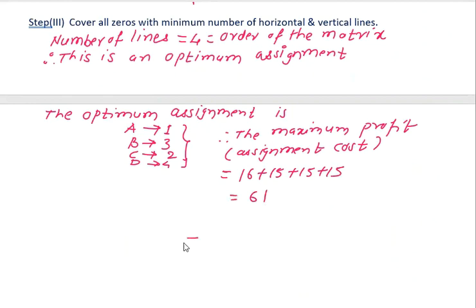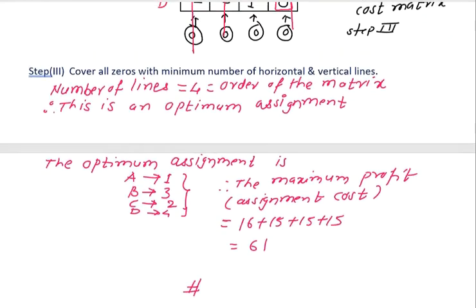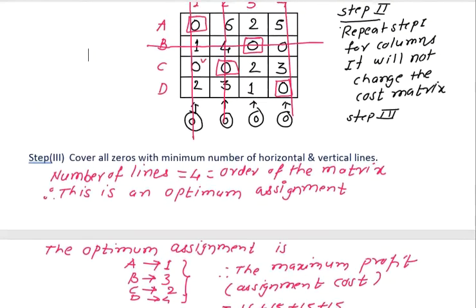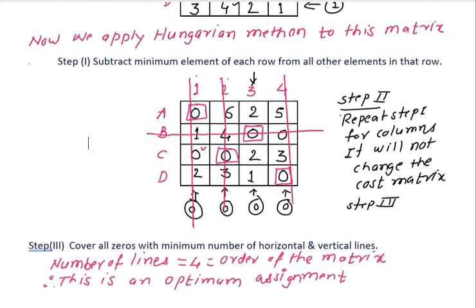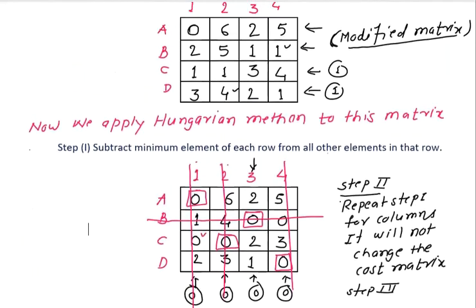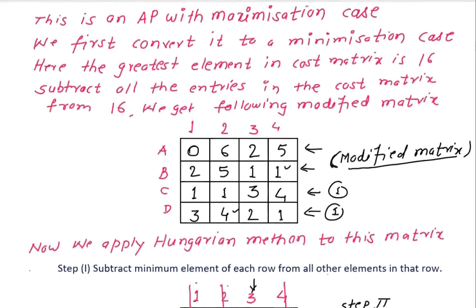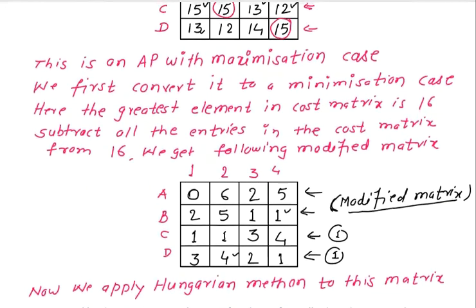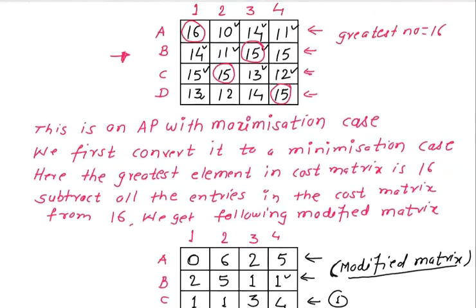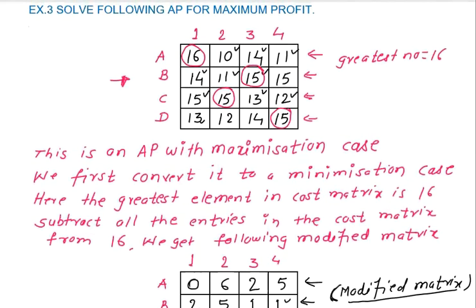So in this way we solve the assignment problem with the maximization case. First convert it to the minimization case and then apply the usual method, that is the Hungarian method or Hungarian technique. When we apply the Hungarian technique on the modified matrix, we get an assignment which maximizes the assignment